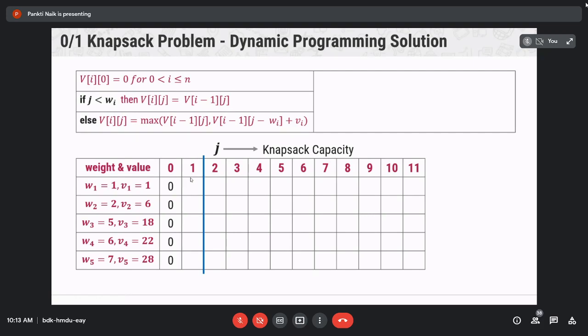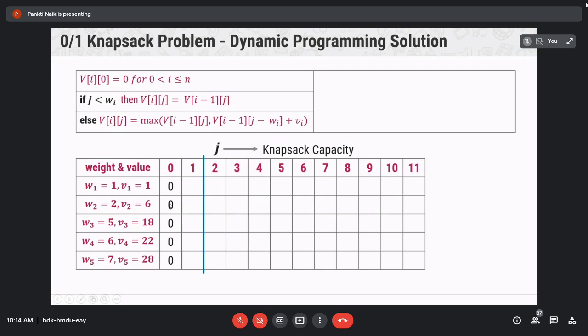Sorry, next find out V21. For V21, the value of I is equal to 2, J is equal to 1, W2 is equal to 2, and V2 is equal to 6. So J is 1 and Wi is 2.